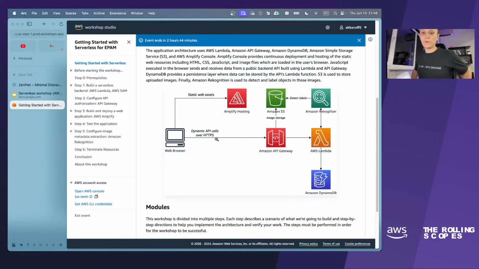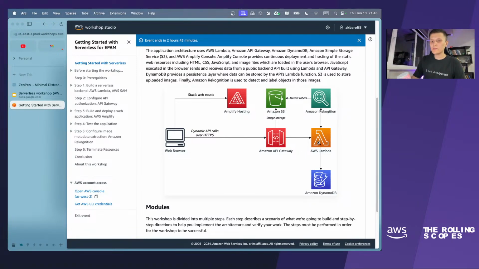The backend part will use Lambda as a runtime. We will put our code base in Lambdas. We will use multiple Lambdas, and we will expose all those Lambdas to the web browser of our users using API Gateway.